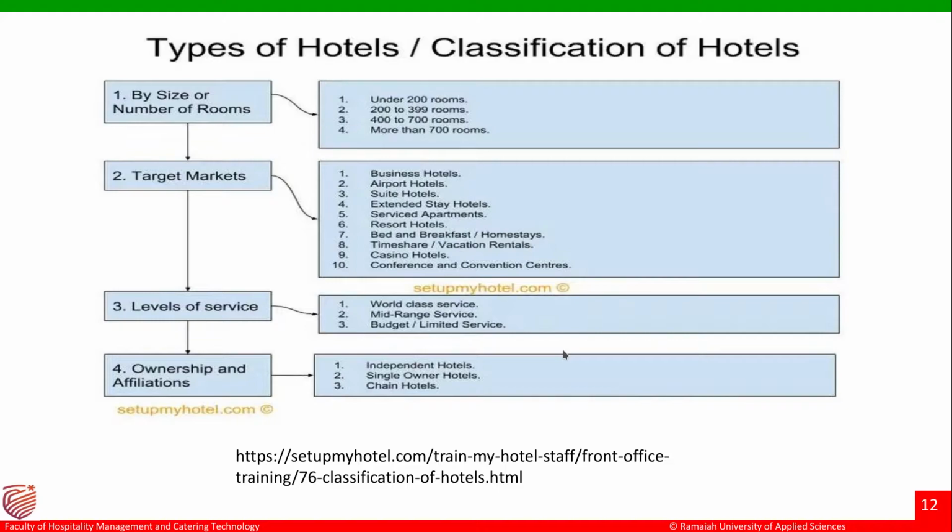Now extended stay hotels. Extended stay hotels, as by the word, is for guest, the target market who requires a hotel for months. So here you will find generally people who go for business activities but who are on projects, who go for their official commitments. Mostly IT people, they go and stay in extended stay category of hotels, where the hotel has a tie-up with that IT companies for the extended stay of their clients.